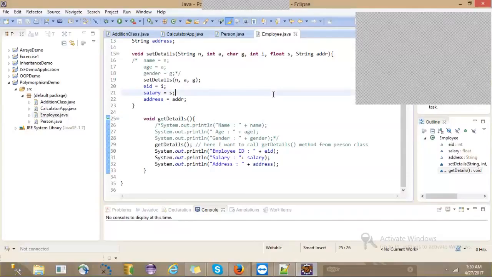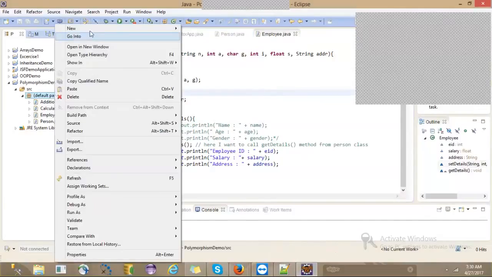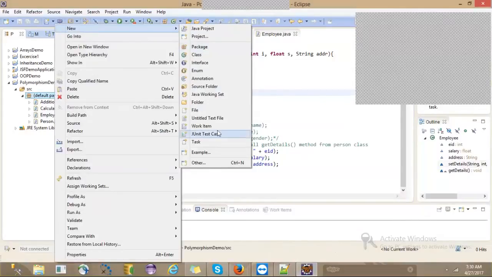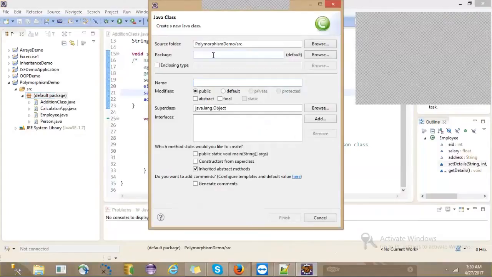Now let us write the application class, the user class, where we use the person or employee class objects. Let us say a company class, where we need to collect all the data of the employees or persons in the company, and all the operations would take place. That's why I am writing the main method in the company class.